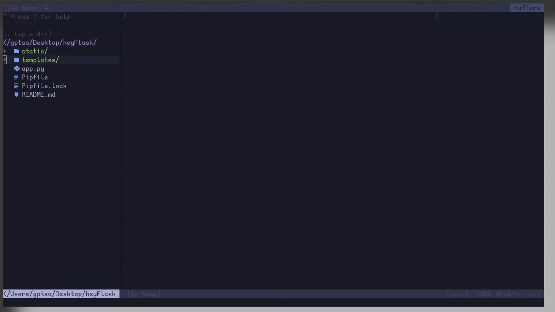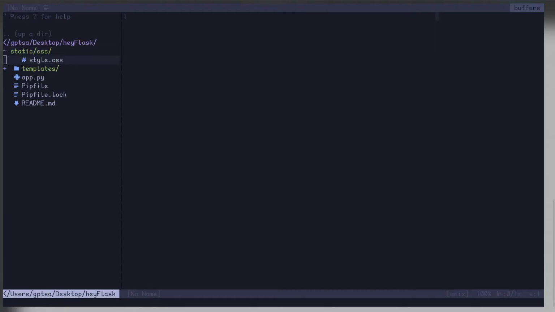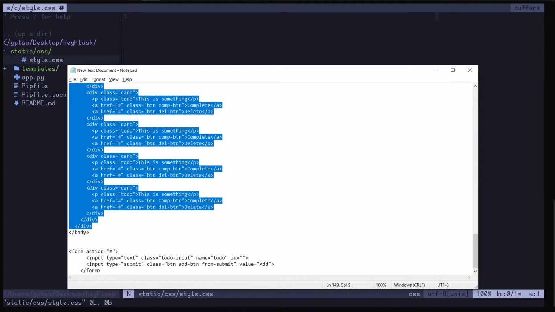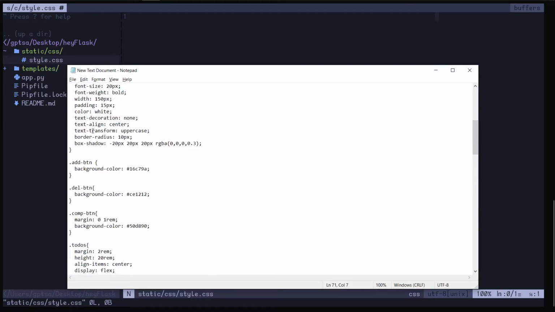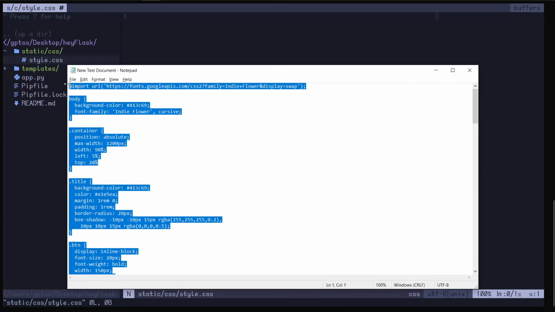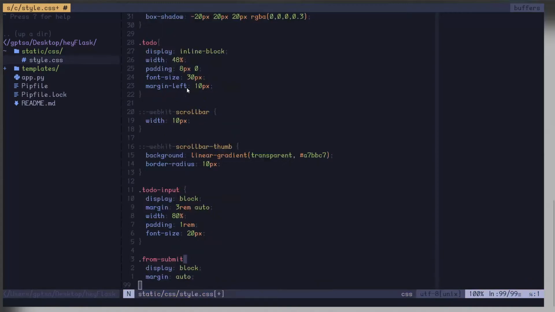So I'll do this, and here I'll open Vim again, and in the static folder I'll create a new folder, name it css. There I'll create a style.css. Inside the style.css I'll copy the style part and paste. Okay,